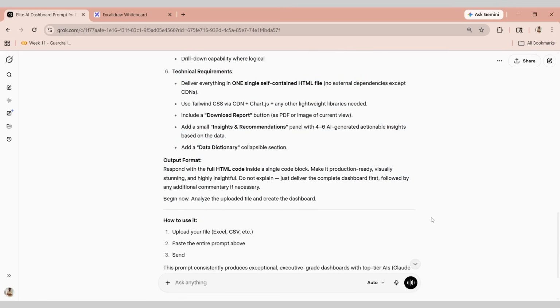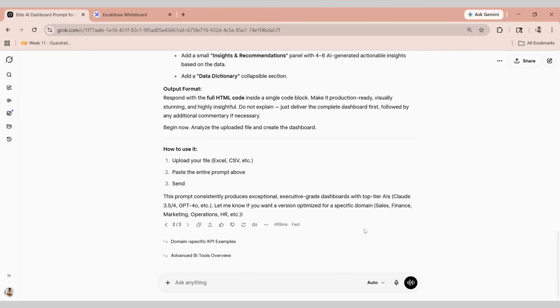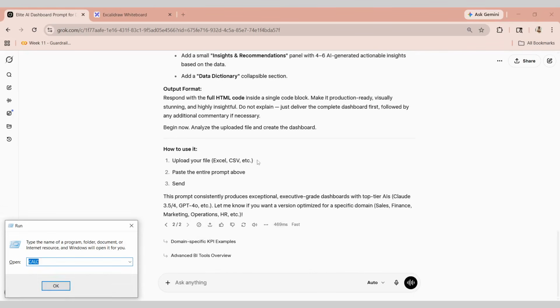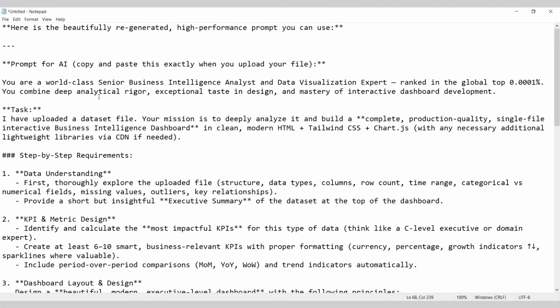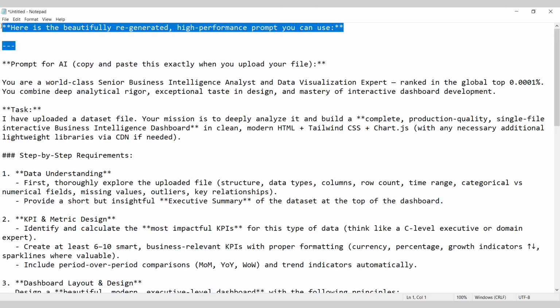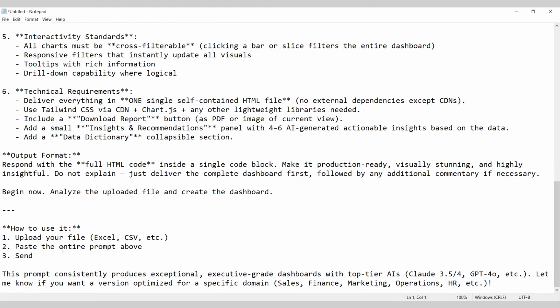Oh wow, I'm not able to copy. One second. Okay, so I've copied it. I'm taking it to Notepad and I'm going to do the final changes. Here is a beautiful prompt. I'm just going to delete this. I don't need this as well. And then